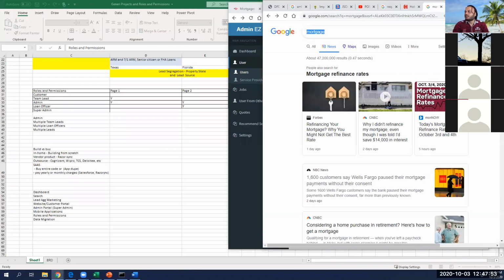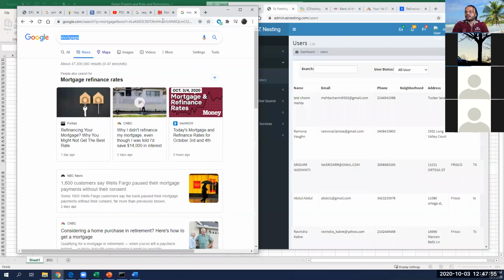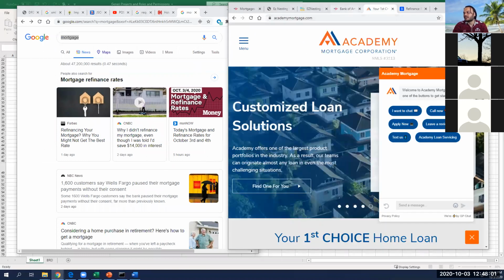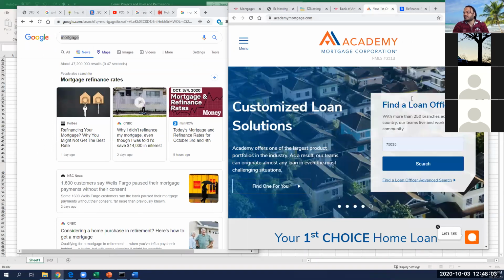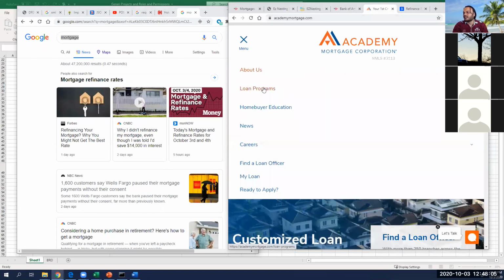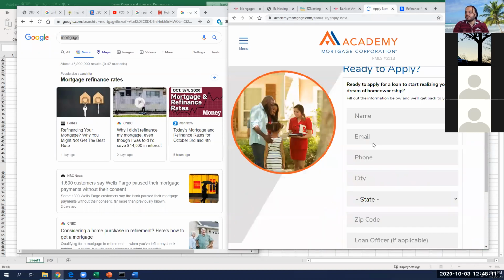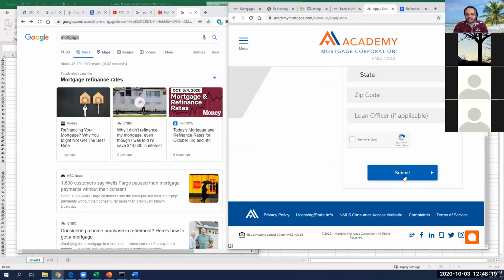But when you go to Bank of America's apply now page, it is not refreshed. I don't have energy to go back to the Bank of America apply page, so I'll probably open this one, Academy Mortgage. From here, whenever you put this information, you are able to change this information, right? You are able to submit this information, right? When I click on submit,